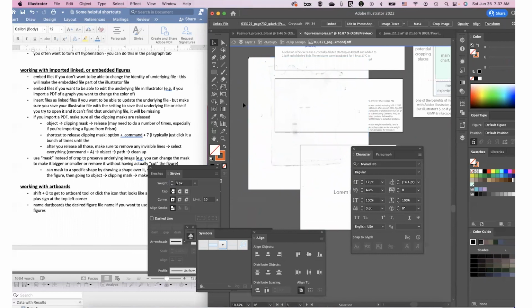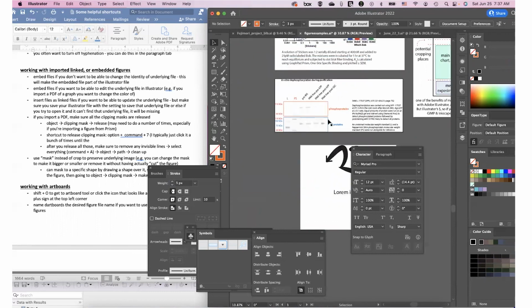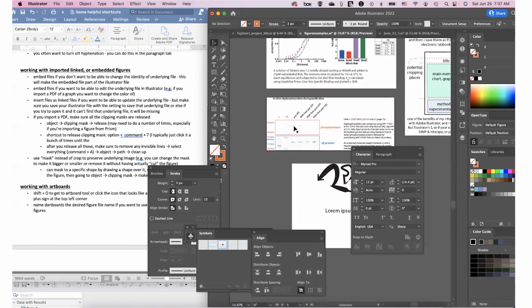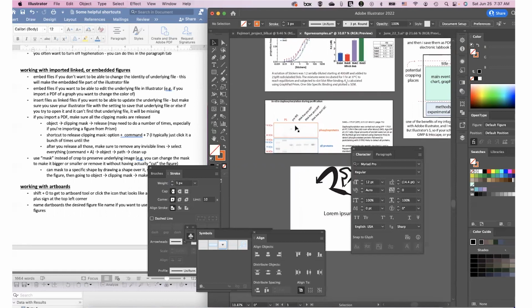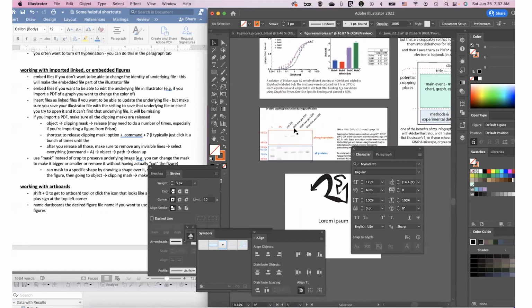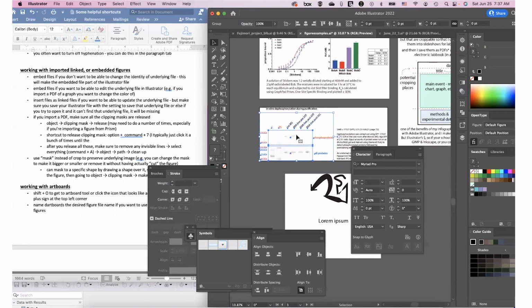This can be helpful. Say you want to use the same size, the same basic outline, but for a different gel, or if you have a file structure and you want to be able to make alterations in the PDB file and that sort of thing, and be able to keep it linked. If you don't change the file name, and you update the underlying file, it'll update this figure, and you can also change the linked figure. But if you do that, you want to make sure that when you save,